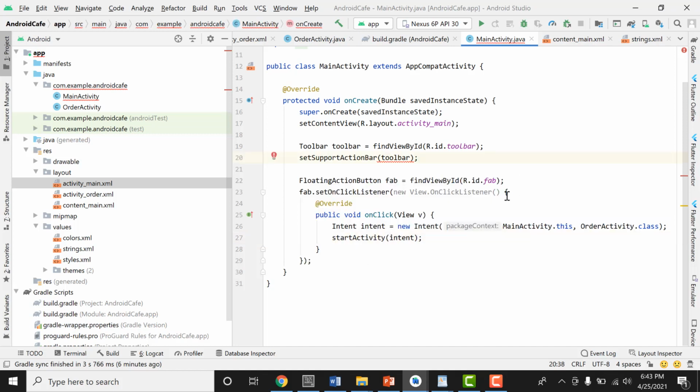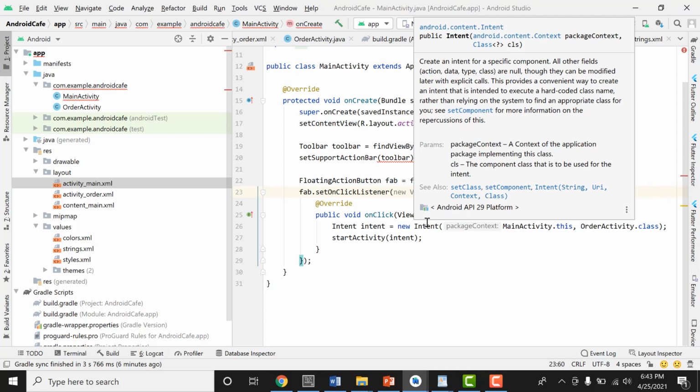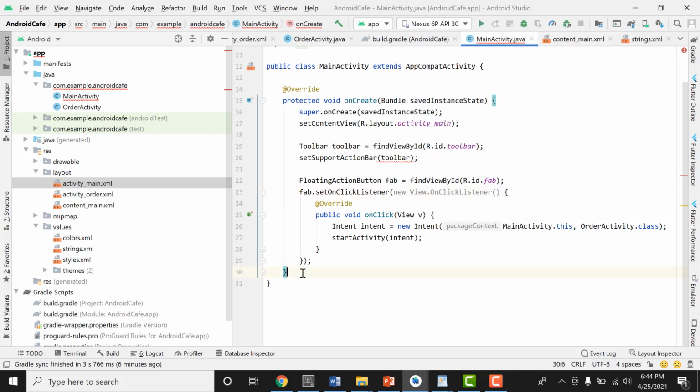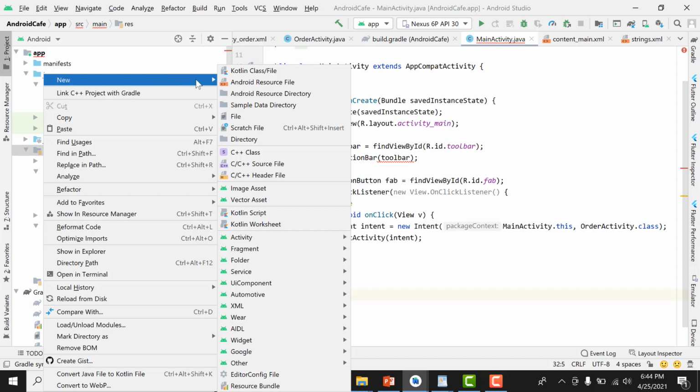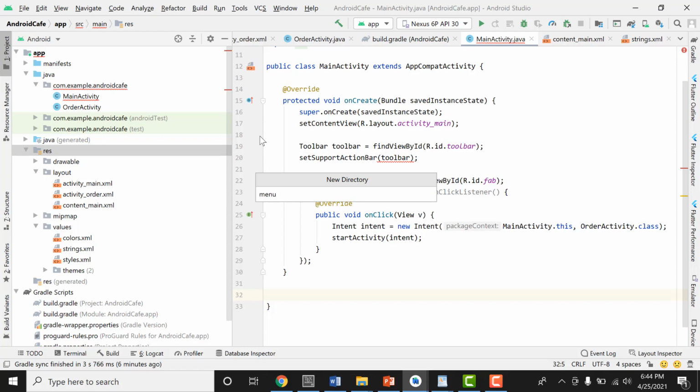I'm going to see this error later on, but for now we are done with the floating action button, and then we can now move on to adding other things such as the menu. So for the menu, let me first create a menu folder. Let me create a directory called menu,